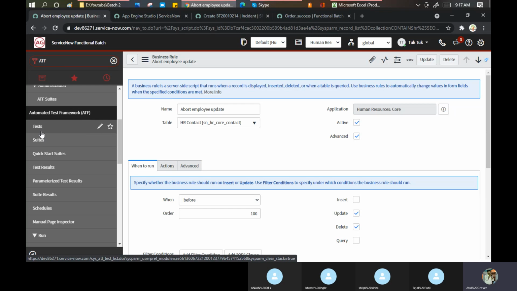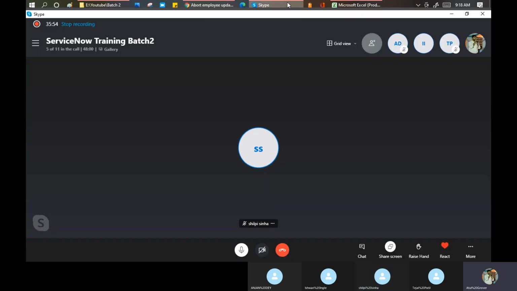It's again a very wide, very vast concept in ServiceNow. But this is newly introduced, approximately 2 or 3 releases back, so people are still learning this part. Now what we'll do is create a simple test case to submit an incident. That will give you the overview of how the ATF actually works in the system. Any doubt, any question till this point? No. Tejal, Ishwari, Shilpi, Anjan. Good, sir. Good.